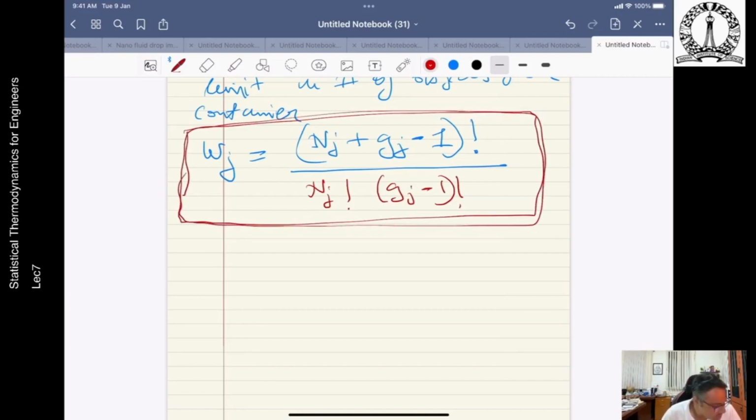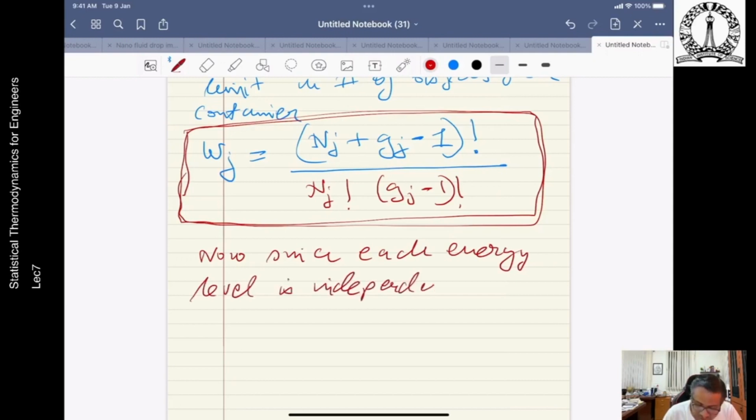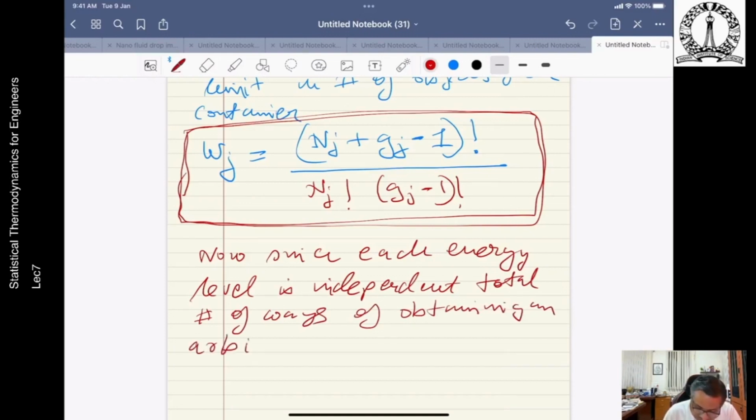Okay, so since each energy level is independent, because it does not depend on the other one, each energy level is independent. So this is important. Independent. Okay. So the total number of ways of obtaining an arbitrary particle distribution